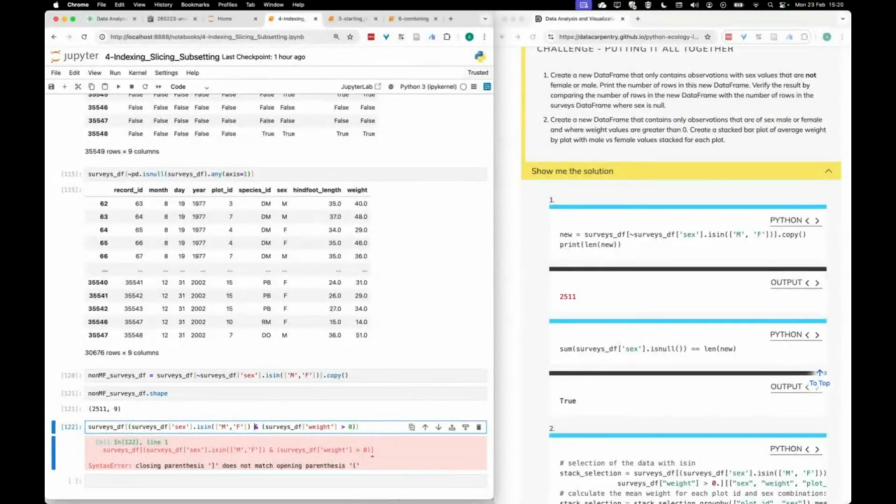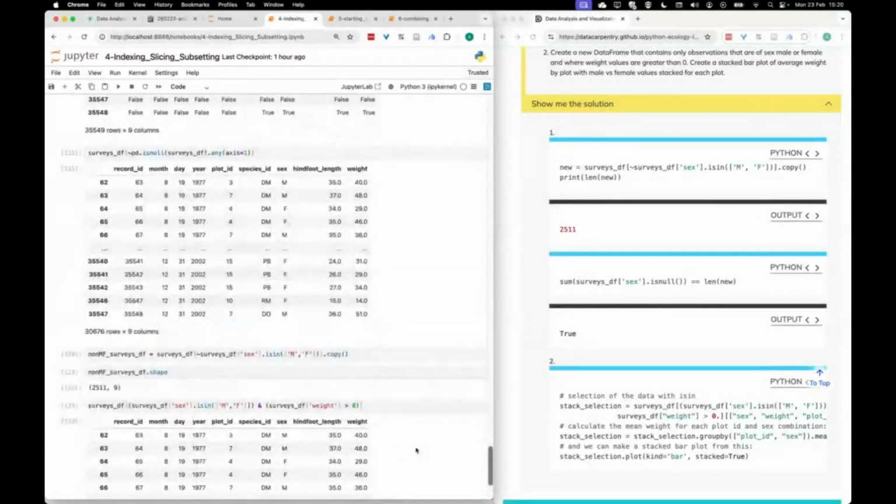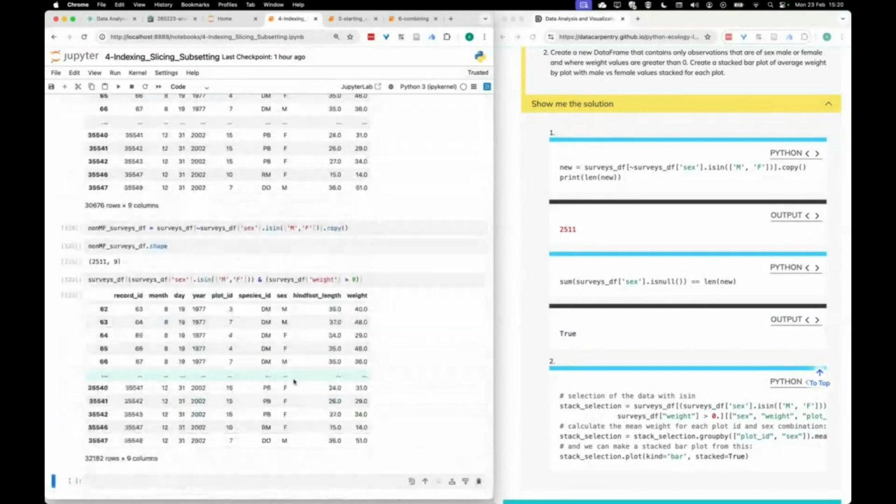What did I miss? Oh, here we go. Yeah, that first parenthesis was a closing bracket for the is-in call. Okay, it's behaving a bit oddly. Okay, so that's extracted all the values where the weight is greater than 0 and where the sex is either